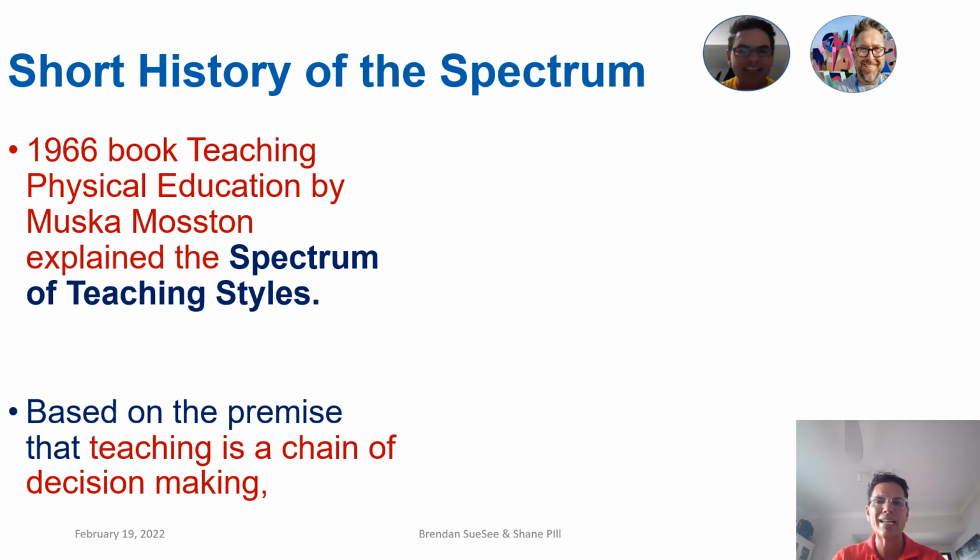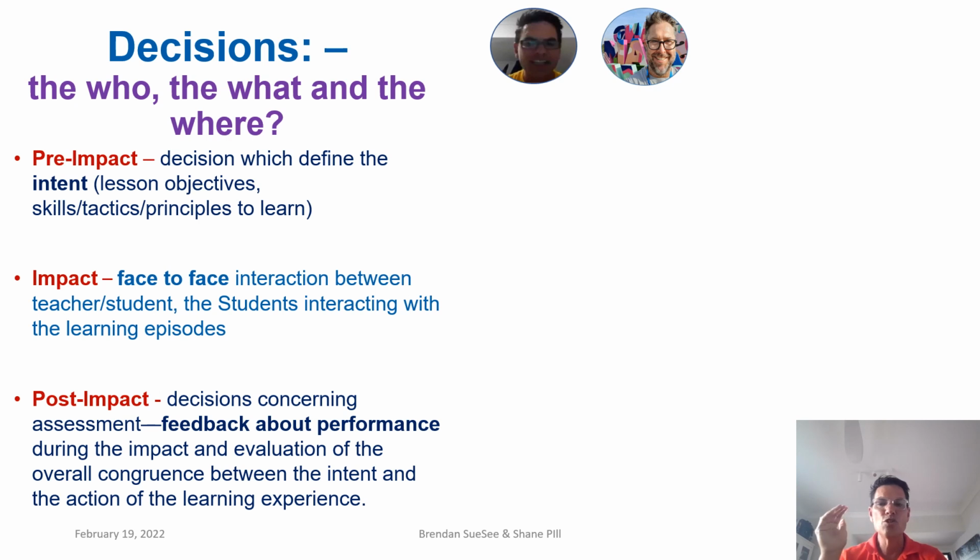Short spectrum 101 history. If I don't cover everything, please maybe pause this presentation and go and have a read of the Spectrum of Teaching Styles website, heaps of good publications. In 1966, Mosston explains the spectrum of teaching styles based on the premise that teaching is a chain of decision-making, deliberate decision-making. When you use this definition and you look at who is making the decisions, where they're made and what they're being made about,